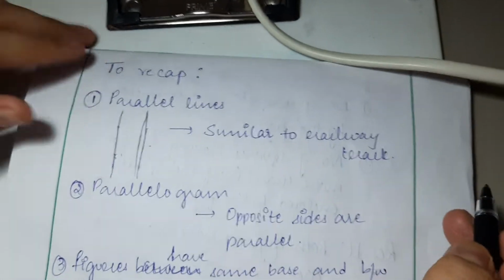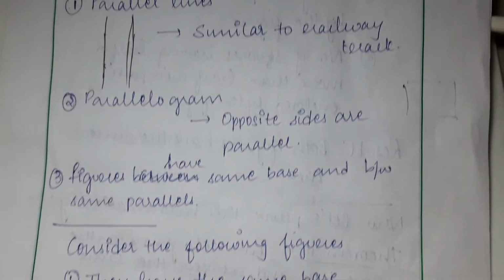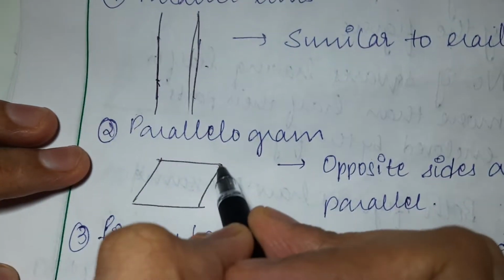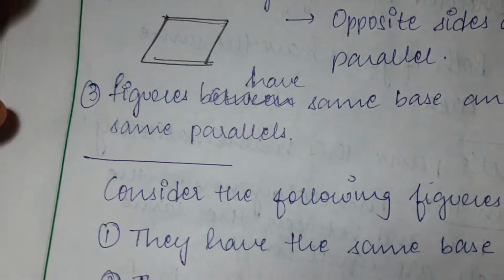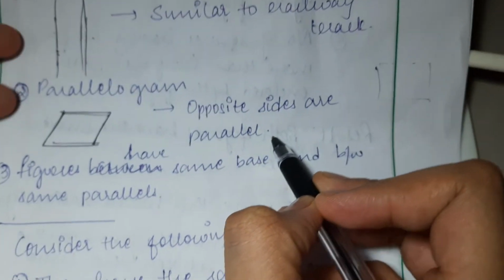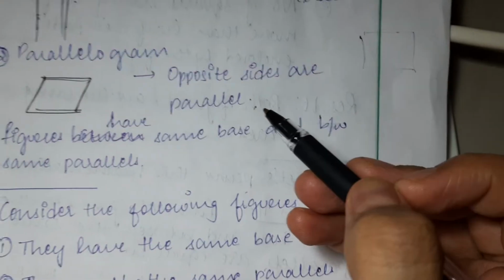And the second thing we spoke about is how, among straight-line figures, you have a figure called a rectangle, and you have something called a parallelogram, which is made of parallel lines, where the opposite sides are parallel to each other. This is parallel to this, and this is parallel to this. I'm pretty sure you have learned the definitions before, but I want to recap it once so that it will be more helpful for you.